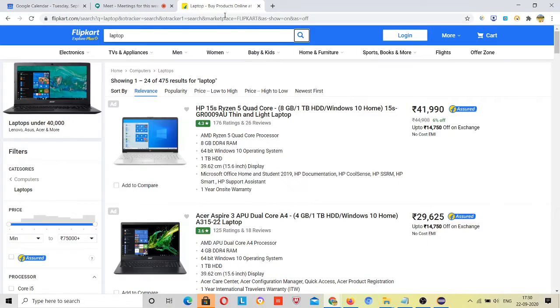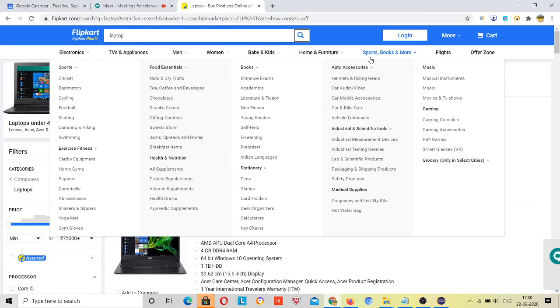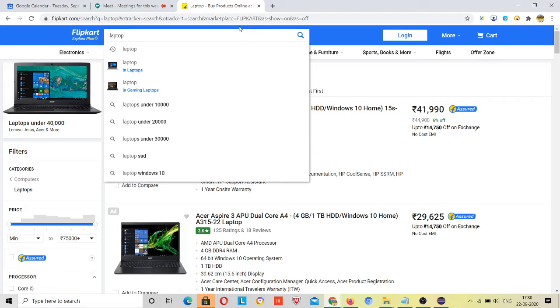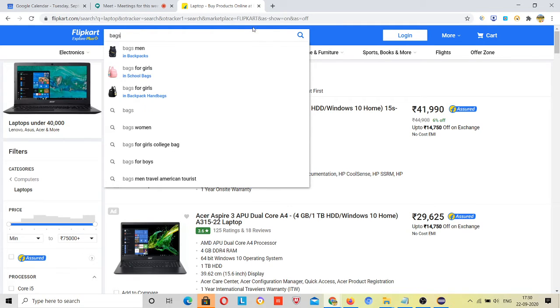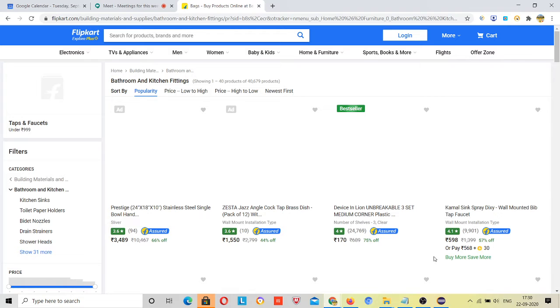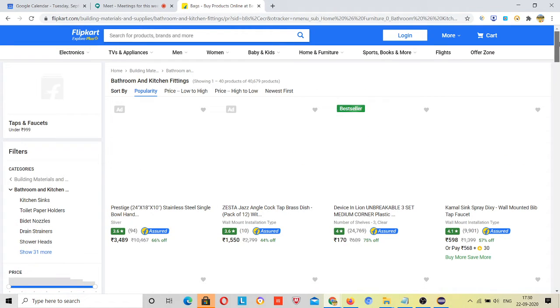It took some time to load this data. At that time the data was not loaded, and your code was trying to search it. Again, if I search for bags and press enter, see, this takes time, now it's loaded.